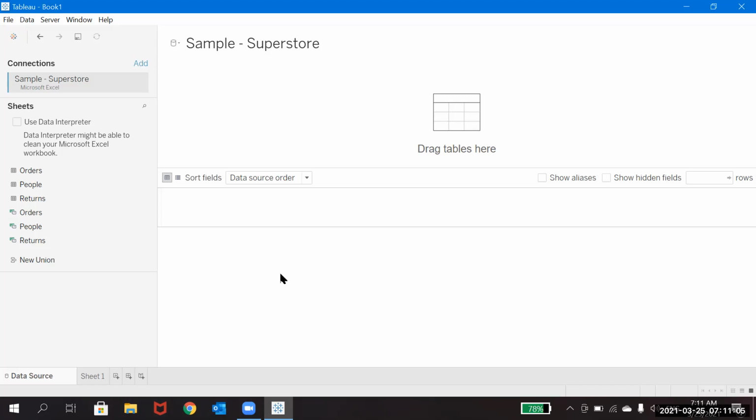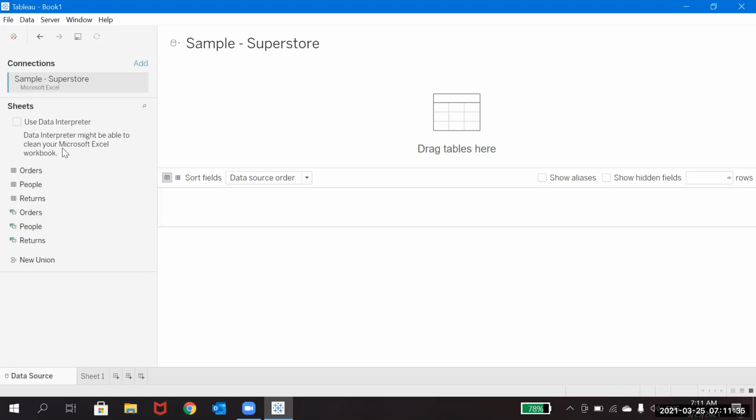If you observe clearly here on the left hand side, you have the connections page. You will call this the connections pane or page, because whatever data sets you connect to, you will see here. Right now you have connected to sample superstore data, which is Microsoft Excel, and you can see what sheets are available in it.